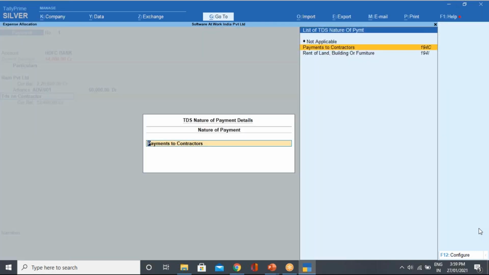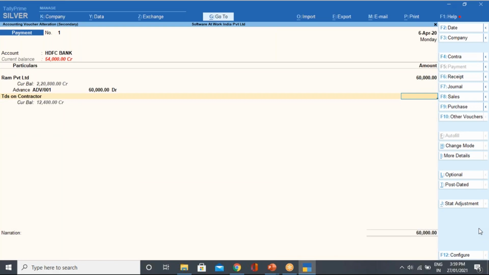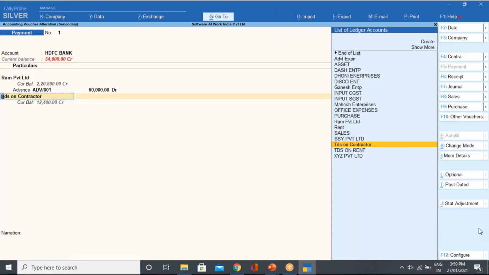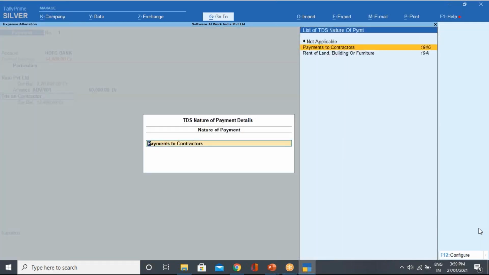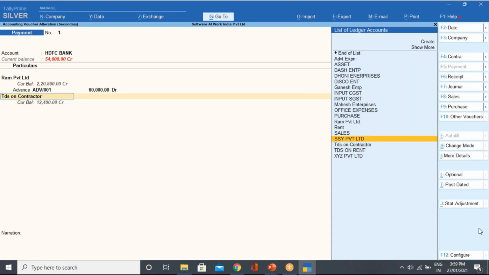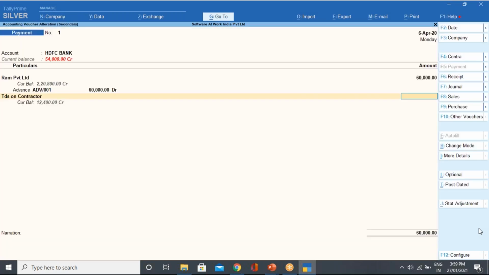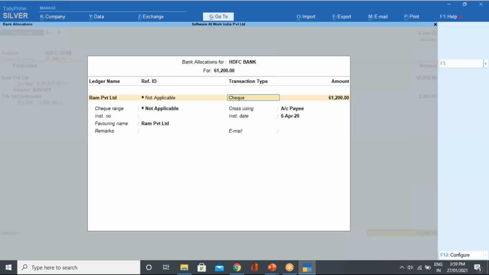Tally is not giving it automatically right now, but I'll select it from here in the payment entry. I will select the amount manually. Since it is a company, 2% will be applicable. So 1,200 is the amount, and I will accept this one.